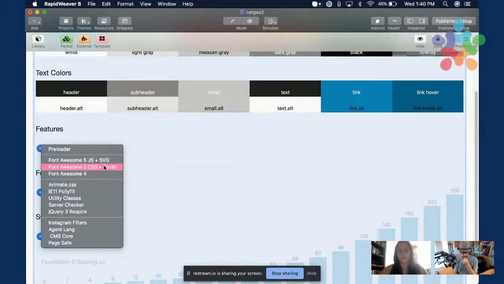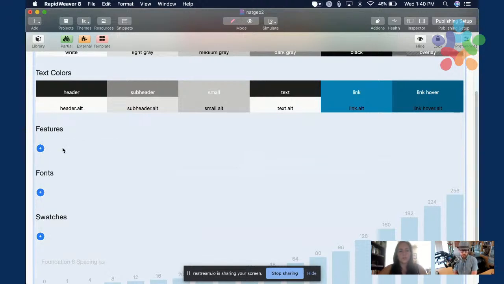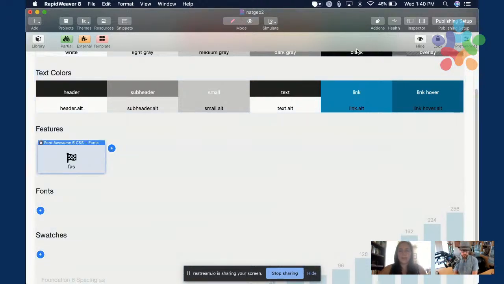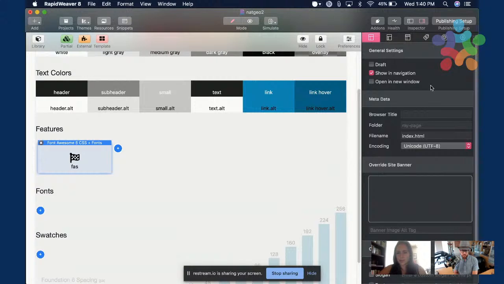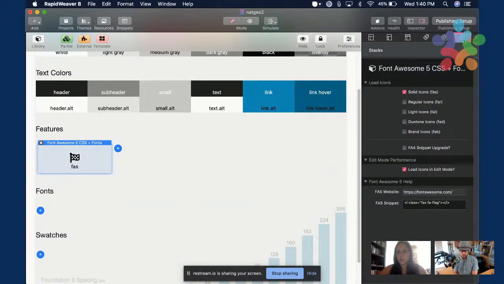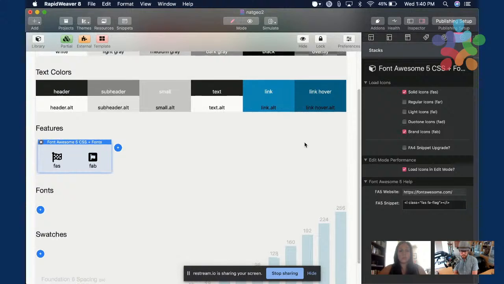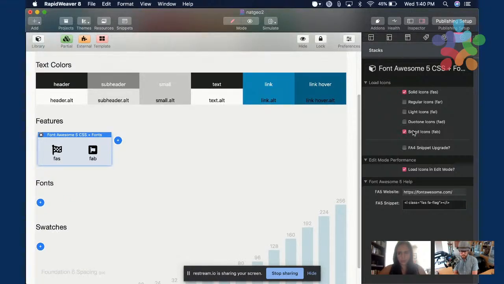In this case, I will use Font Awesome, so I'm gonna load it. And I know in advance that this Font Awesome will have the brand icons. I'll use the brand icons at some point, so I'm going to select that option.